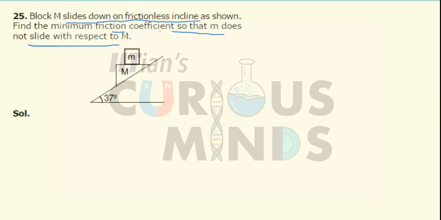If I take this frictionless incline and small m does not slide over capital M, suppose it remains rigid, suppose it remains fixed. So let us calculate the acceleration of mass m. The acceleration of the mass m in this direction will be equal to g sine 37, because there is no friction force over here and this entire part is fixed. Okay. So now over here the acceleration of capital M is equal to g sine 37.